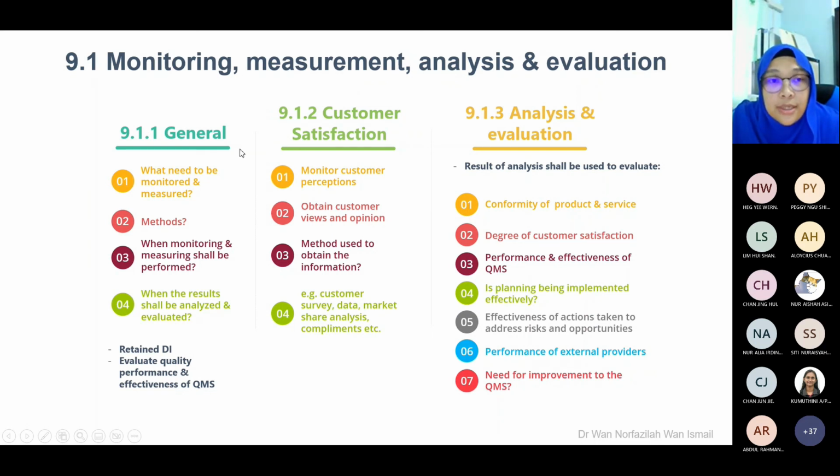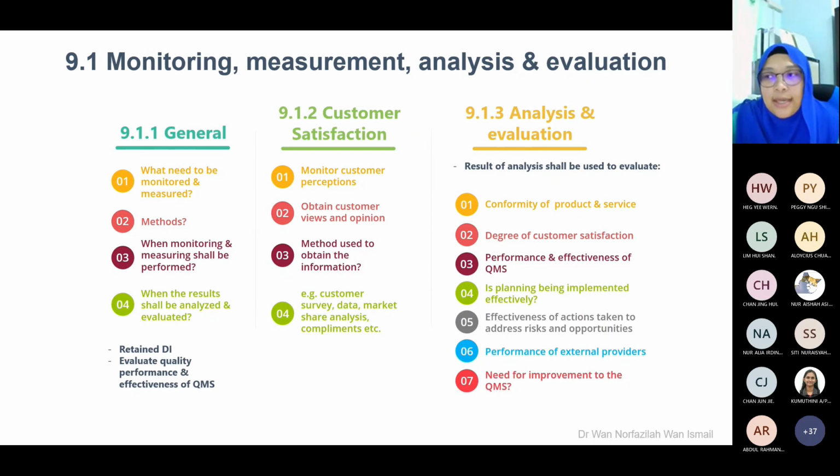Okay. In general, what needs to be monitored and measured? Just now, I gave you the example of employees, personnel. Okay, in industry, we call employees personnel. So what needs to be monitored and measured, just now, is one example, personnel. We can also monitor and measure our equipment performance. Okay, if we have a new student who has never met a GC, okay, gas chromatography.